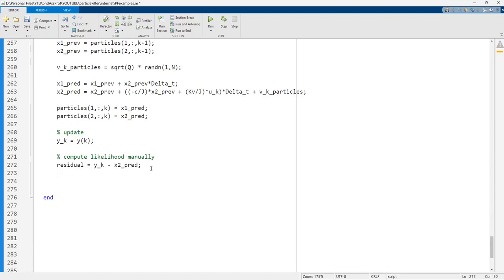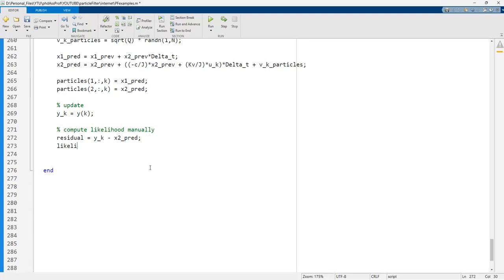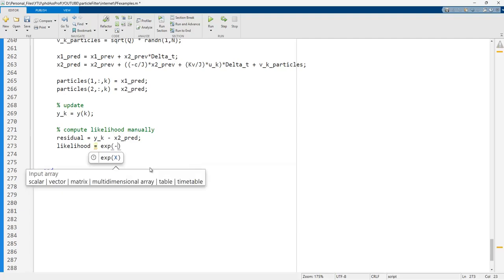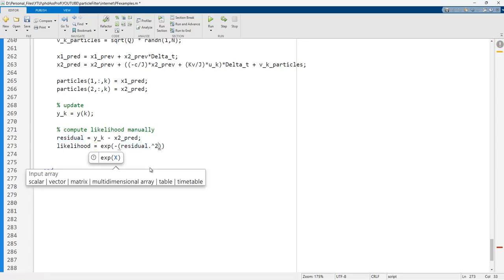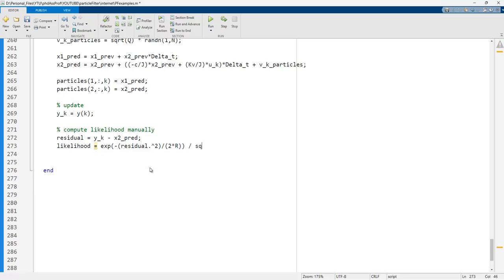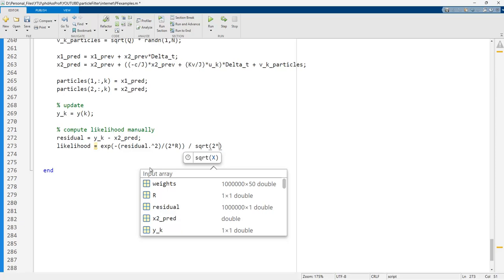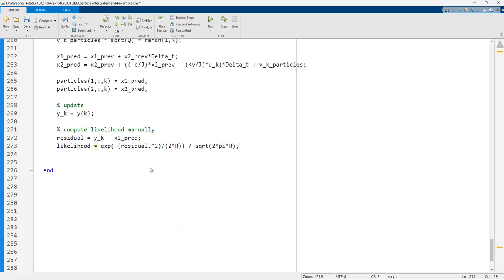And so we want to build the likelihood in here just like this one. Just see, exponential term minus residual squared over 2, okay, divided by, just remember the 2 times r, and divided by sqrt 2 times pi times r. These are the general formulation for the likelihood calculation. And after that the rest of them is simple. Just see